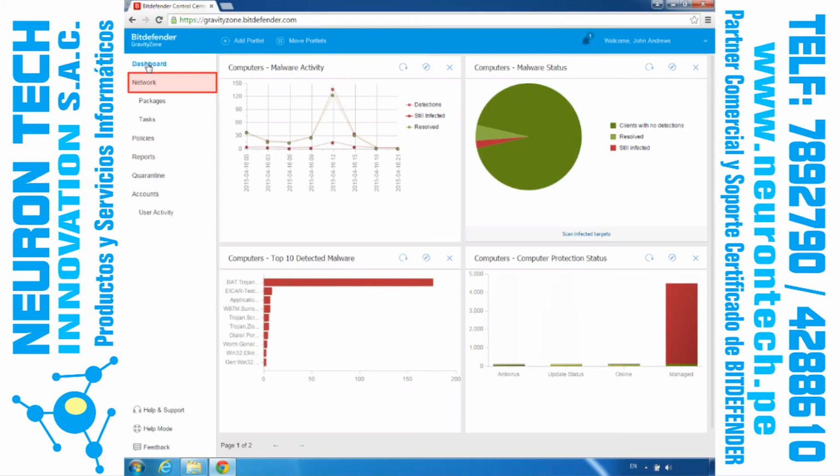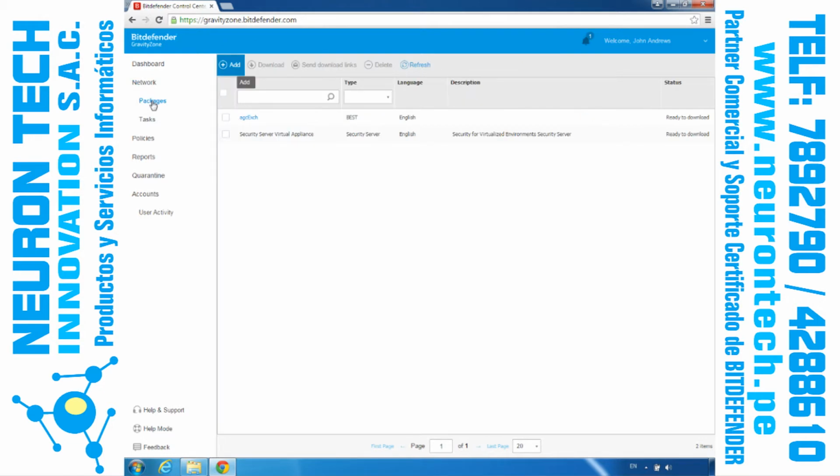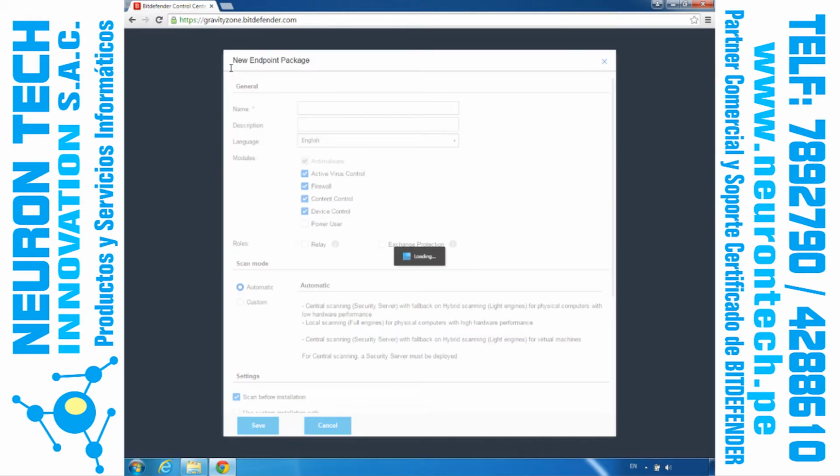From the network section, you can also manage the installation packages. One way to install Bitdefender Endpoint Security Tools on an endpoint is to locally run an installation package. We offer you the possibility to use one installation kit for any environment, physical or virtual. The new features are included in the package configuration options, so you can enable the power user mode and the